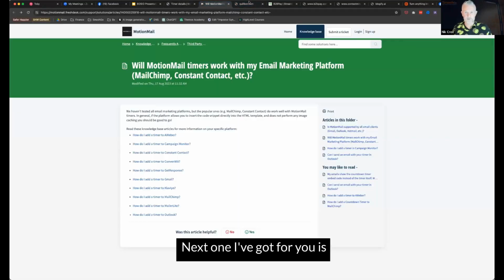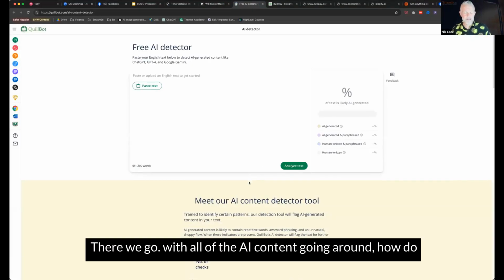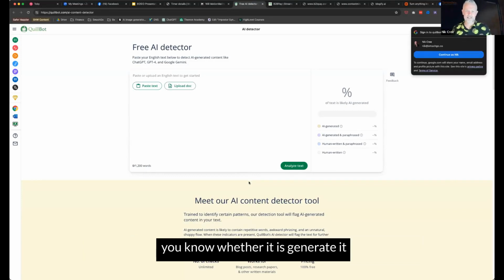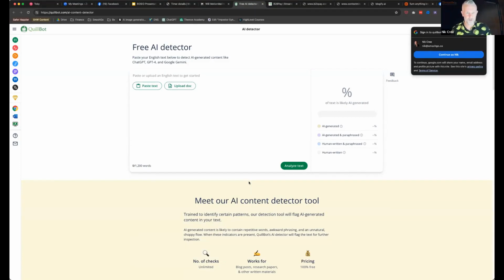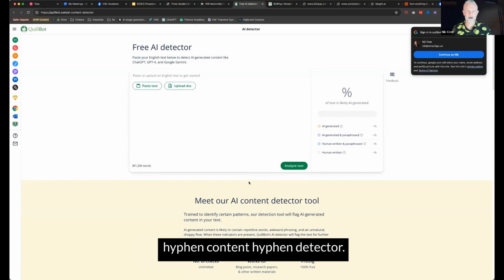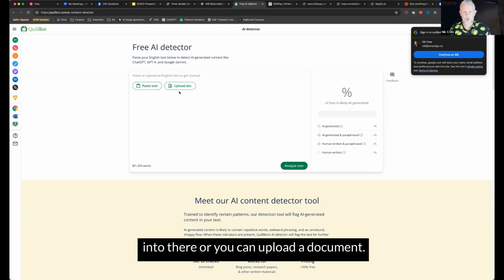All right, next one I've got for you. With all of the AI content going around, how do you know whether it is AI generated or whether it is human generated content? There is this tool on quillbot.com/AI-content-detector. So what you do is you can either copy and paste text into there, or you can